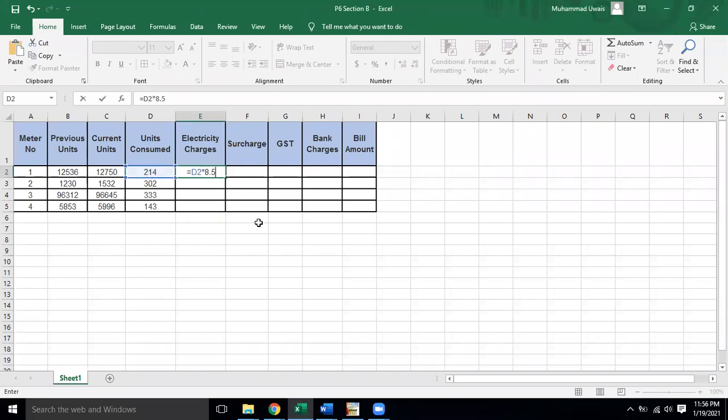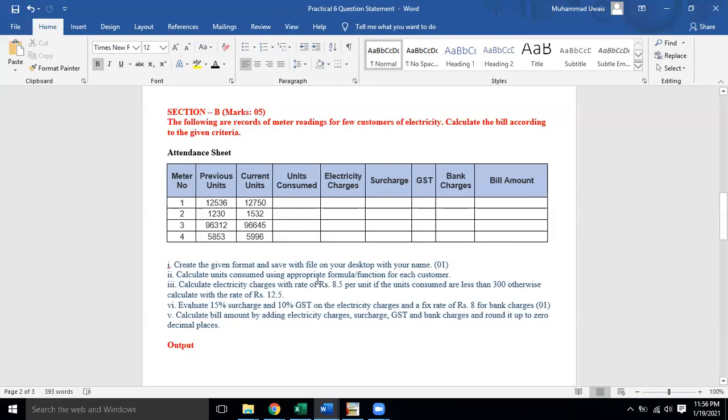This is a simple case where there are no slabs, where every customer who has consumed any number of units is calculated at the rate of 8.5. But over here it is not the case. Why? We have two conditions, so we are going to deal with it using a formula.